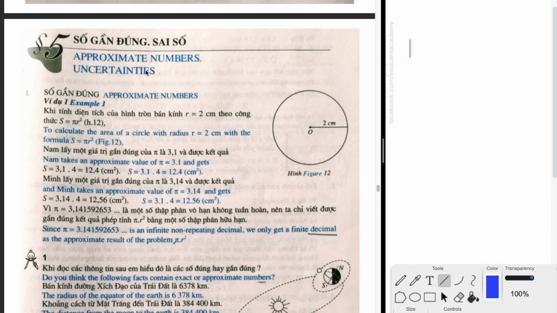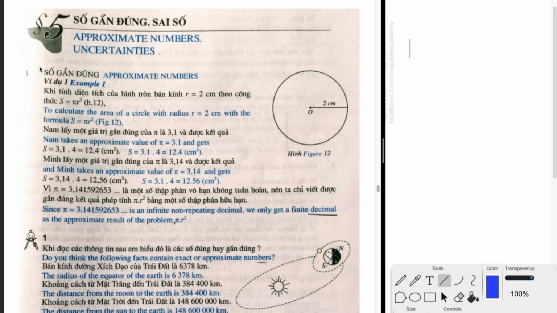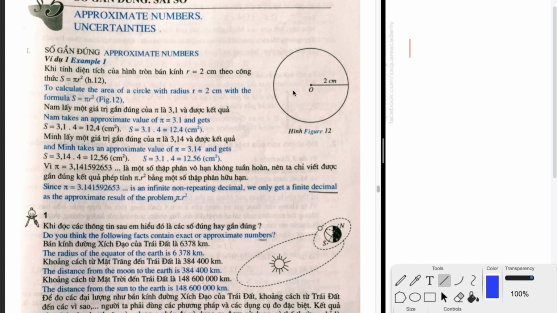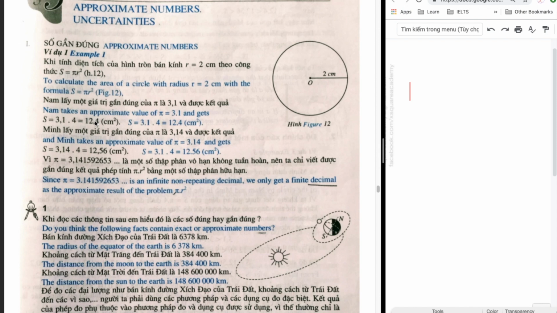Lesson 5. Approximate numbers. Uncertainties. Part I. Approximate numbers. Example 1. To calculate the area of a circle with radius r equals 2 cm with the formula S equals pi times r squared, Nam takes an approximate value of pi